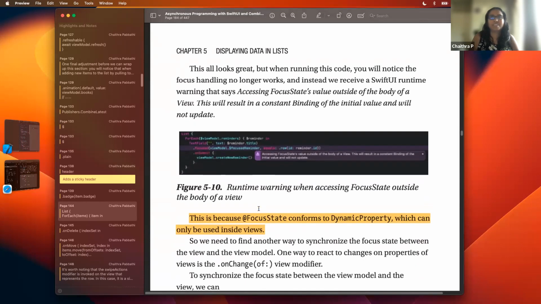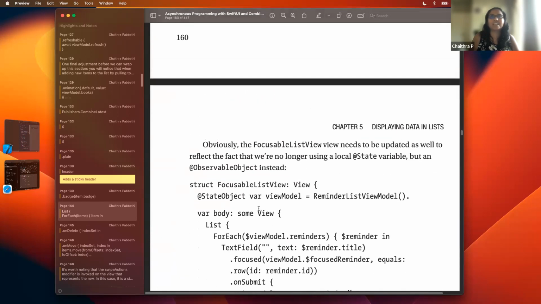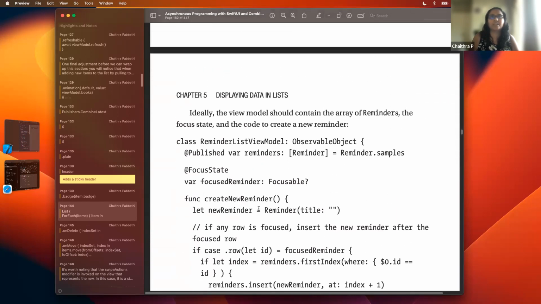Oh yeah, this was interesting. He says he likes the MVVM, and technically speaking, the UI element which needs the focus belongs to the view model, not the view itself. So he moves this focus state out of the view and into the view model. But